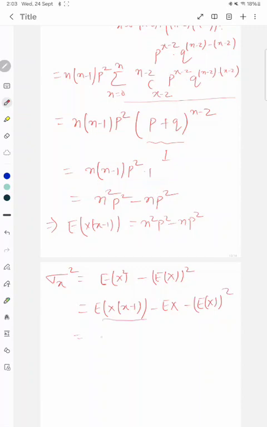Here this is n square p square minus n p square, and this is the mean, and mean equal to np minus np, and here the minus